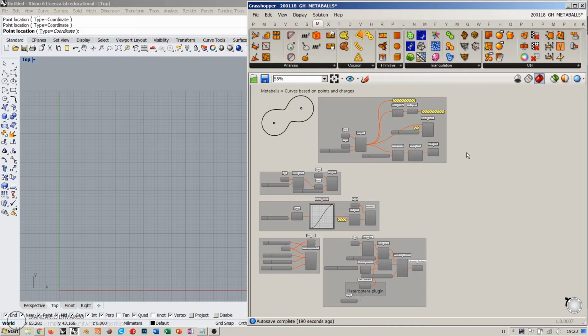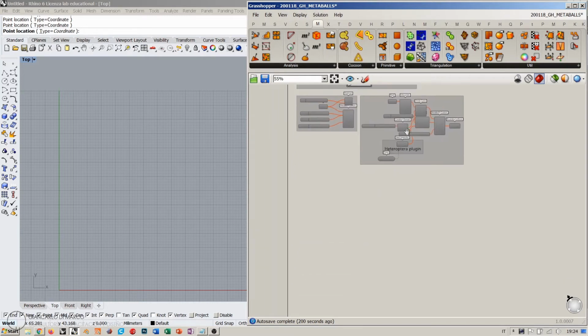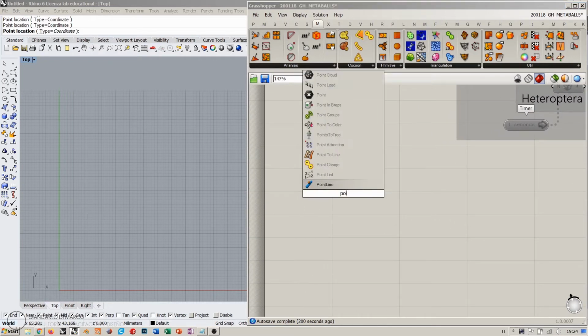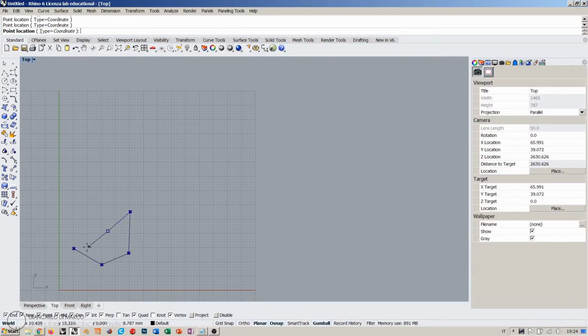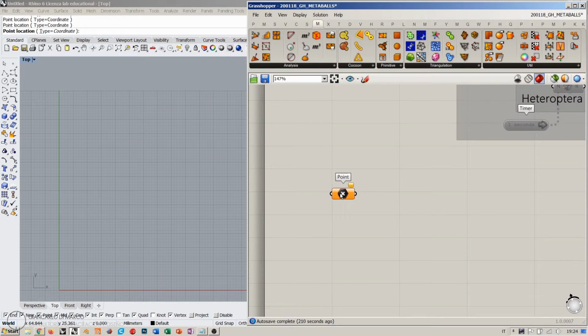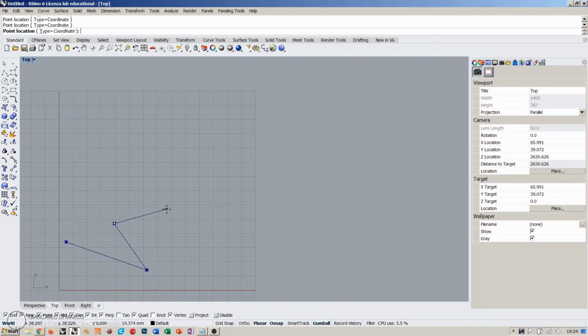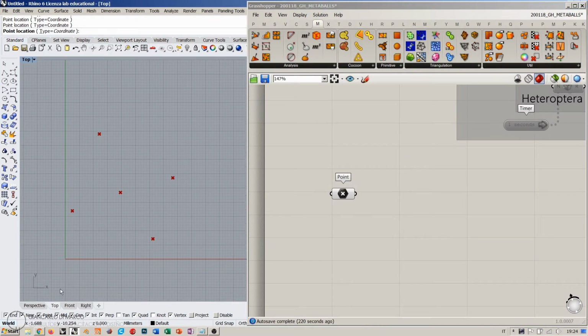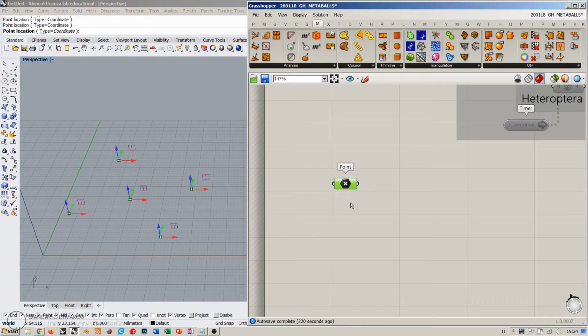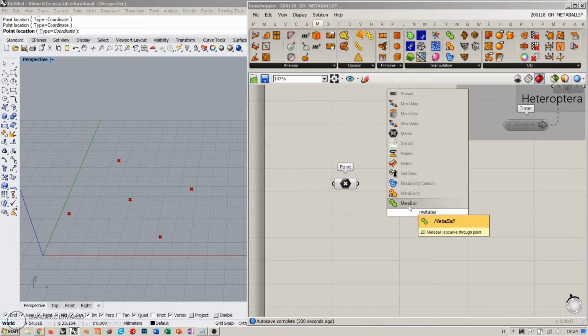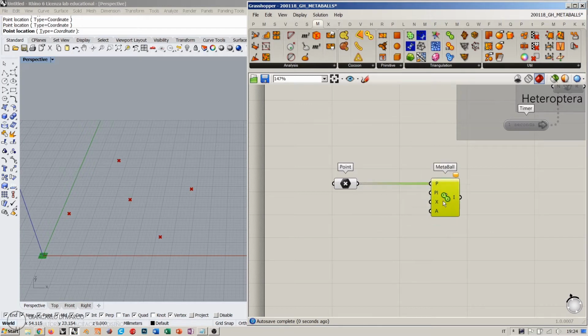So for example, let's discuss the last parameter for the Metaball creation, which is the plane. Let's say that I take a point container and set multiple points like this. Well, too much. Let's say I set just 1, 2, 3, 4, 5 points, so we have things under control and we can see what happens. Now when we use a Metaball component, and we just plug this here and say we want a point